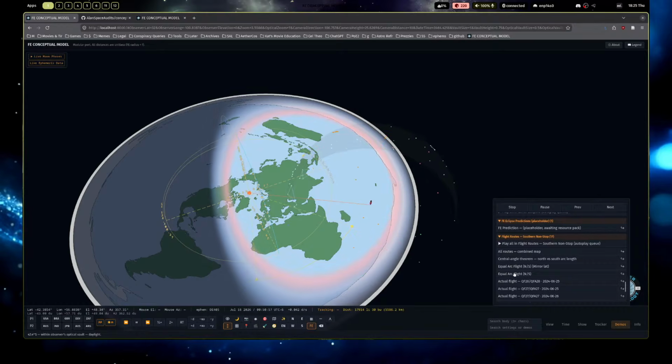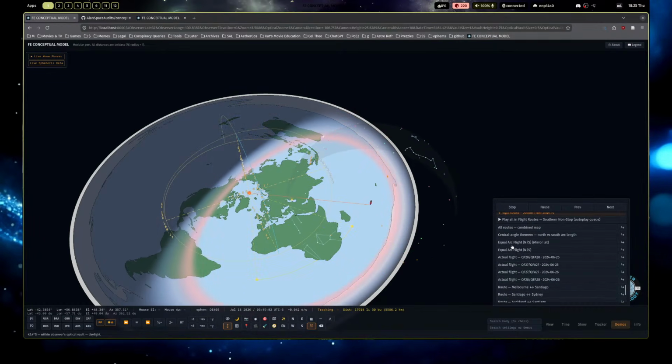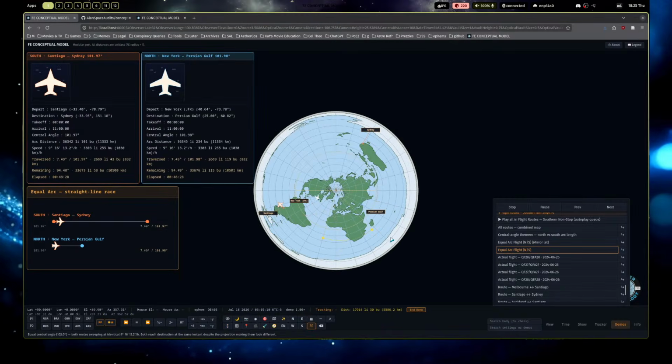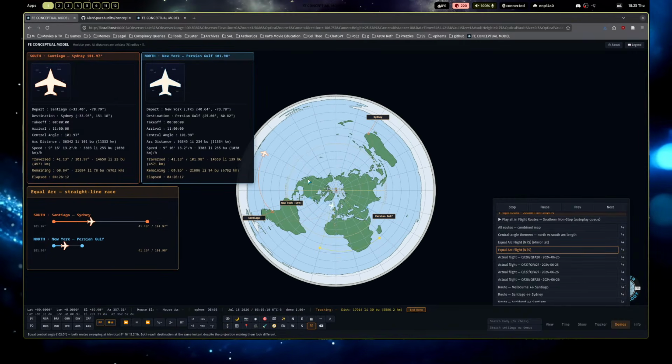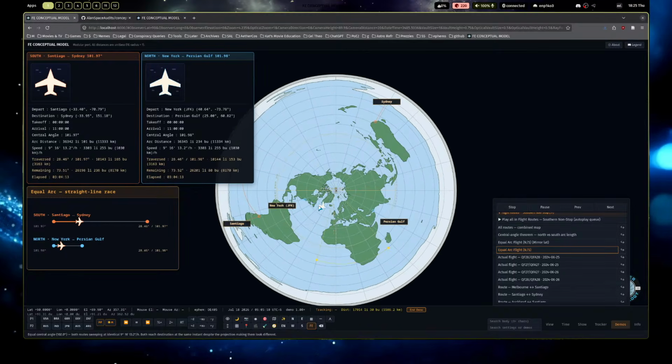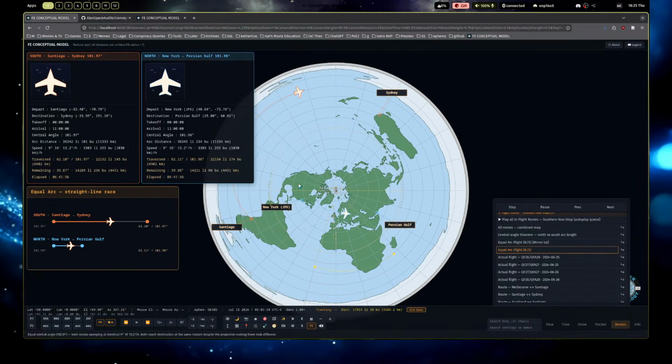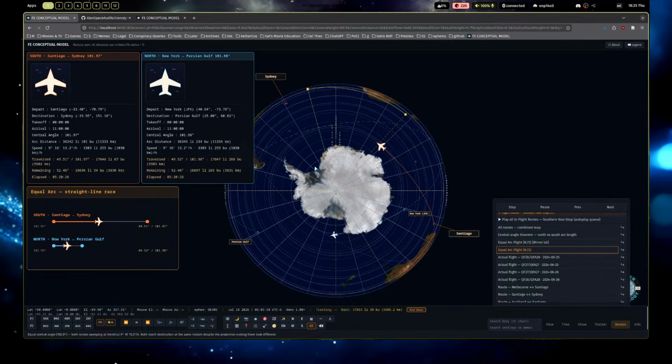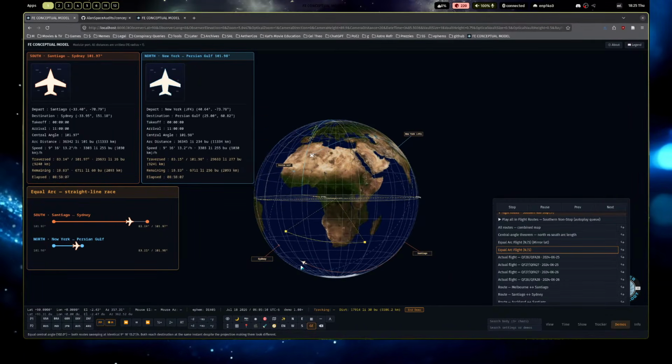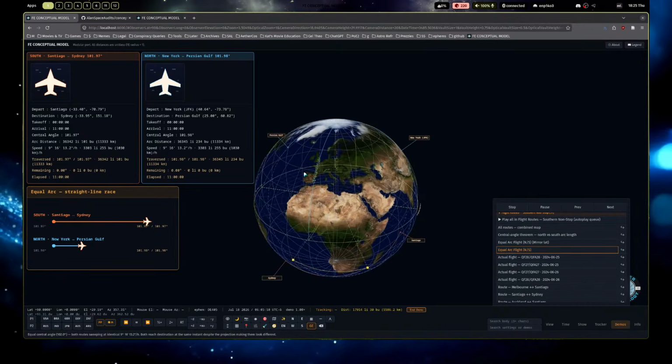So, what we could do is we can go to flight routes, go to equal flight, and we could see the comparison in real time of a flight in the north and a flight in the south, where they both take off at the same time, they both arrive at their destination in the same time, but the length that they travel is visually different, but the arc length, based on the central angle, is the exact same no matter if it's in the north or the south. So although this looks bigger, if you were to transform it to a different projection, you would see here that actually the same size. They're traveling the same distance.